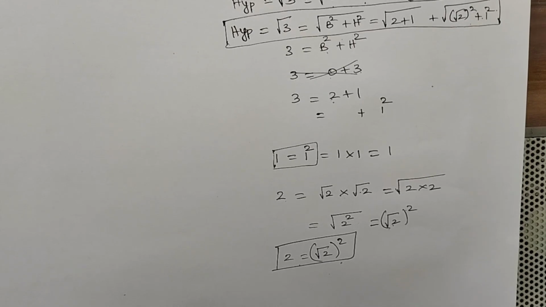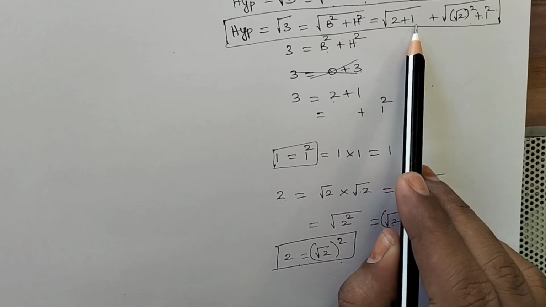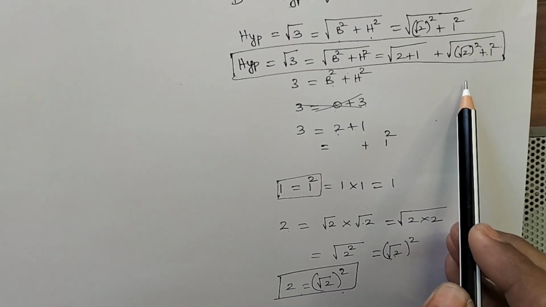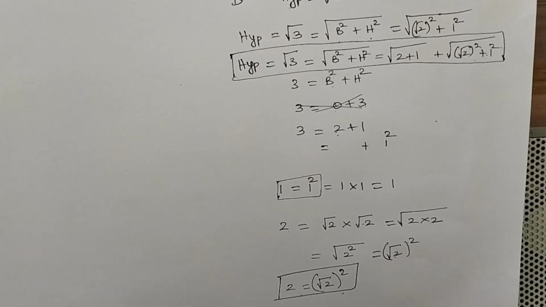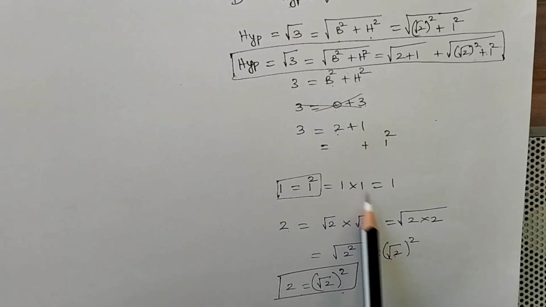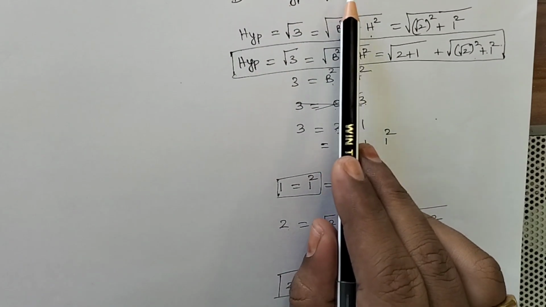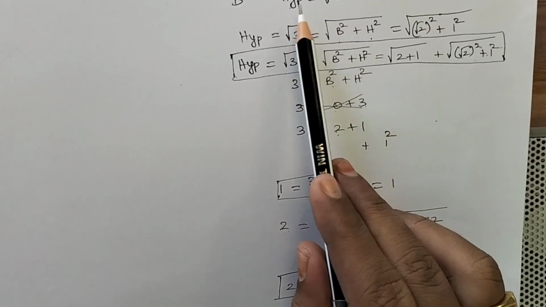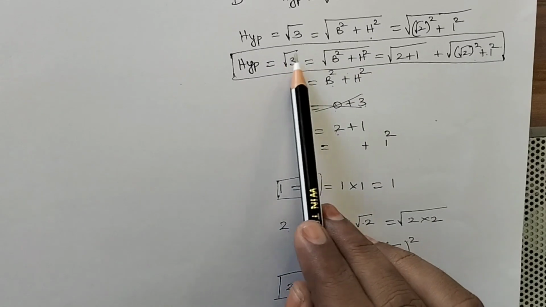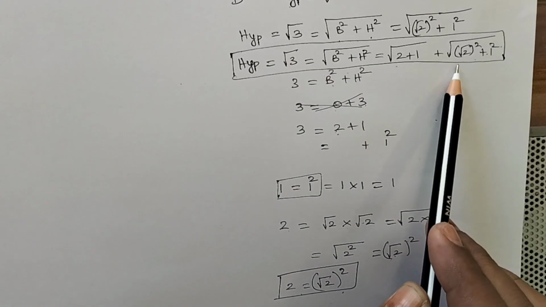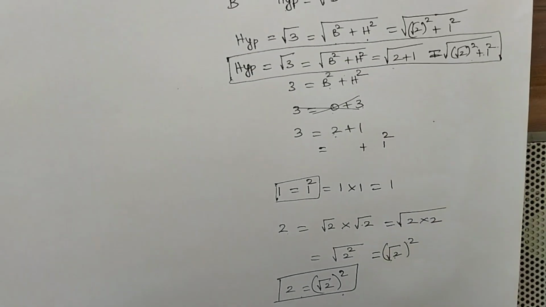So it is for your clear understanding how we are getting root 3 as 2 plus 1 and how we are writing 2 plus 1 as root 2 the whole square plus 1 square. That you have to understand in a very simple manner, and if you are very clear, no need to do all these steps. Just draw the right angle triangle and then consider b square plus height square. Root of hypotenuse is equal to root of b square plus h square, and then root 3 is nothing but root of 2 plus 1, and that is equal to just root 2 the whole square plus 1 square.